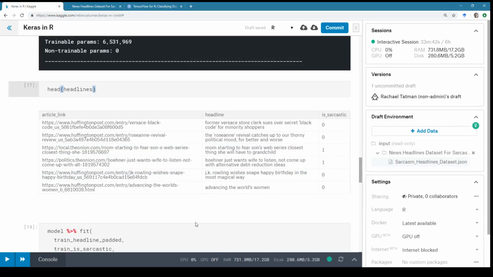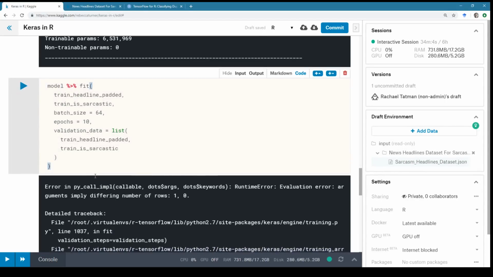But I'm not seeing any right off the bat. Sorry, I'm just staring at things at this point, which is riveting streaming, especially because I don't have a face cam. Okay. That is the data.